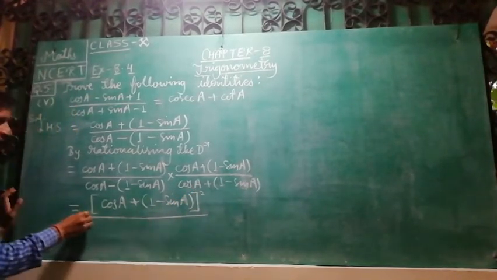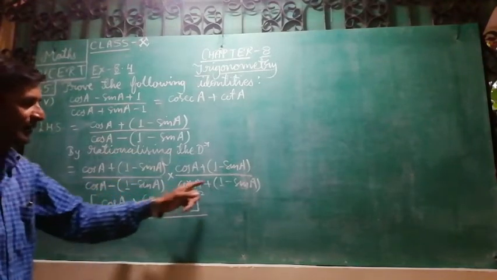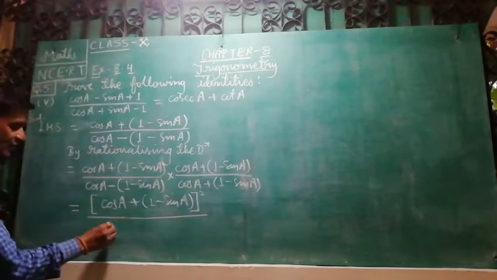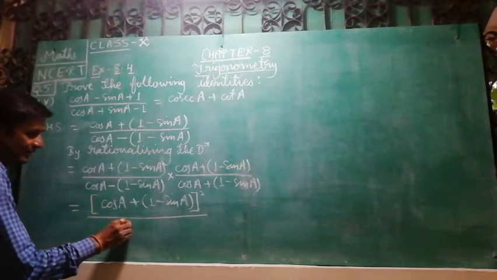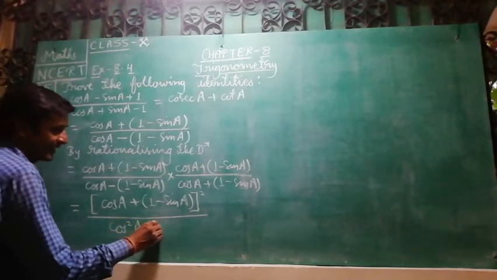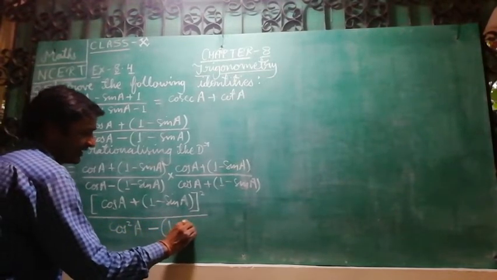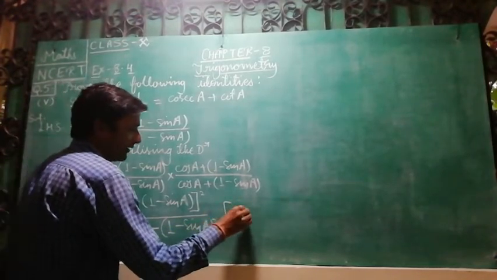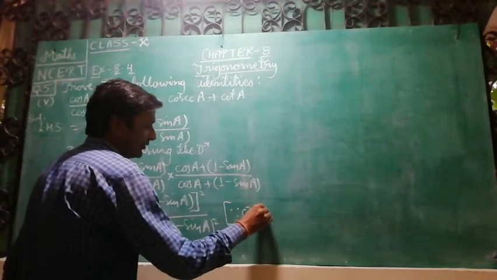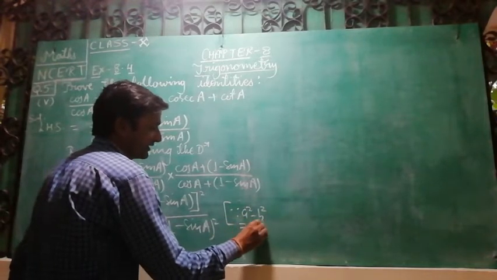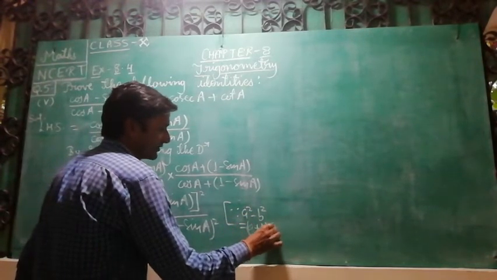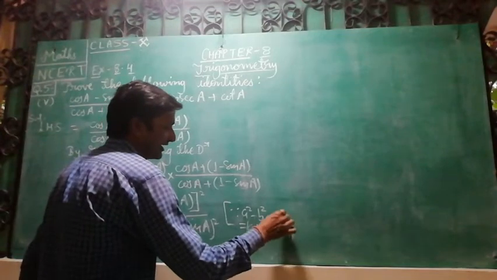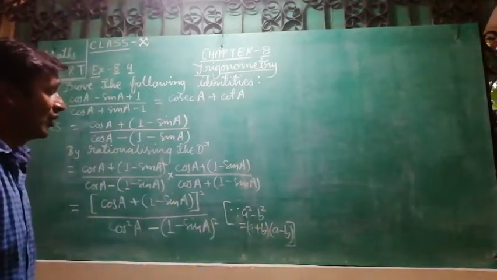and in denominator it is A minus B into A plus B is equal to A square minus B square. So we can write cos square A minus 1 minus sin A whole square. That we can write because A square minus B square is equal to A plus B into A minus B. So this is the identity which we have used here. Now afterwards